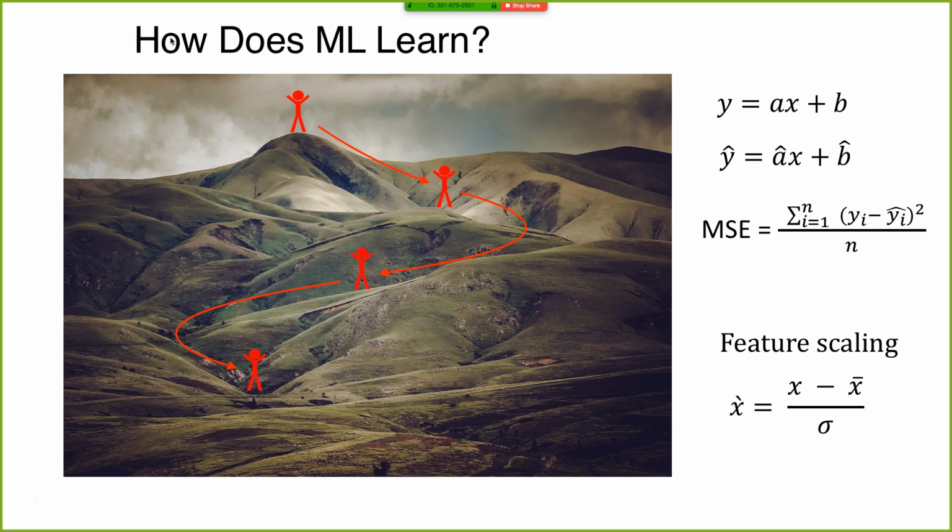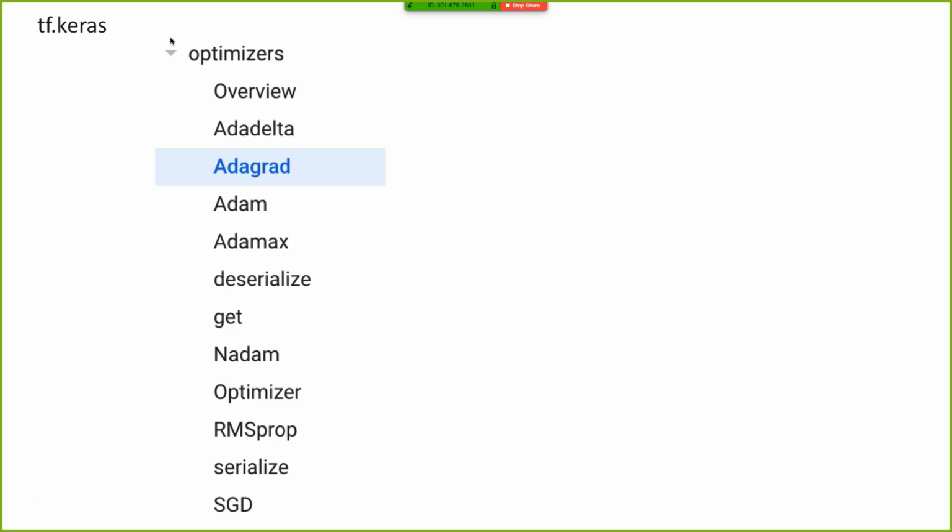We call it normalization or standardization. There is also min-max normalization. So for every data point, we subtract the minimum of that feature and divide it by the difference of the maximum minus minimum. And if you go to TF-Keras, there are different optimization techniques that help us